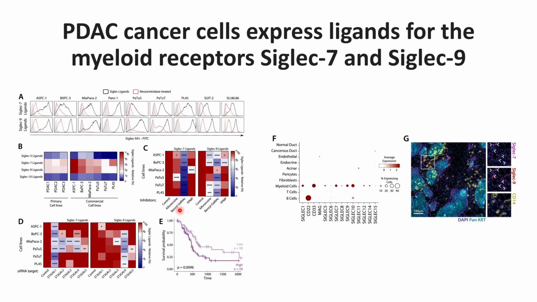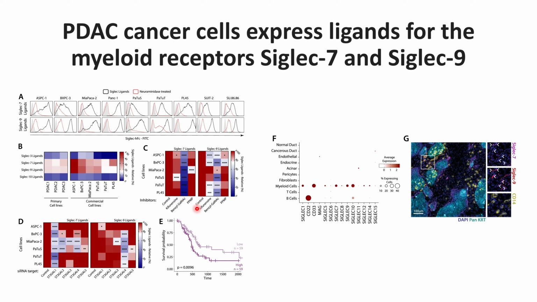And in this case, when they checked the Siglec 7 ligands and Siglec 9 ligands, they found that Siglec 7 ligands are more prominent only in the O-glycans, whereas Siglec 9 ligands are prominent in both N-glycans and O-glycans. And after that,